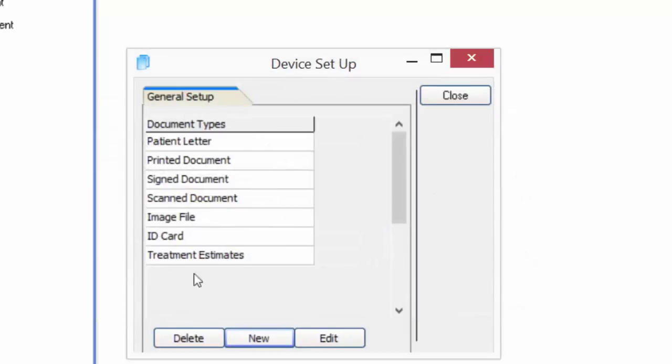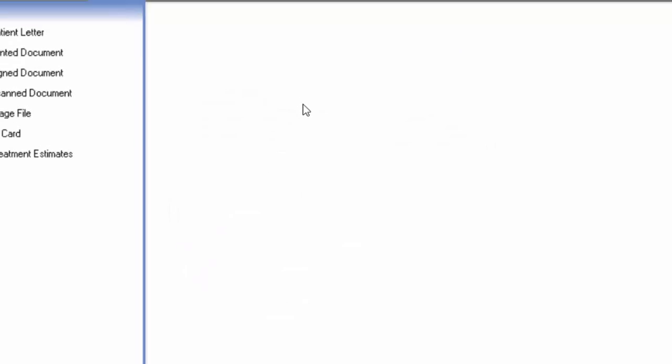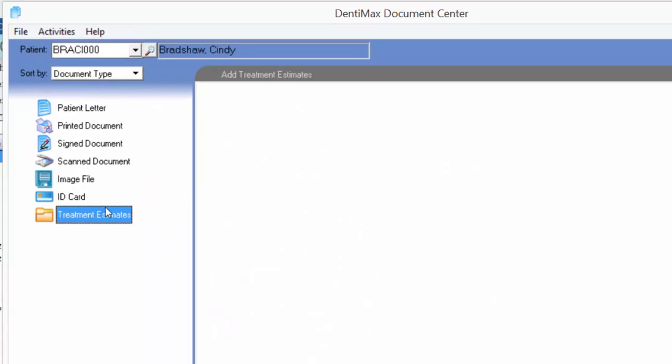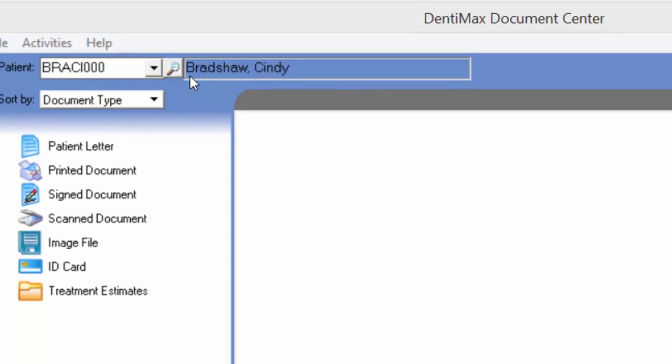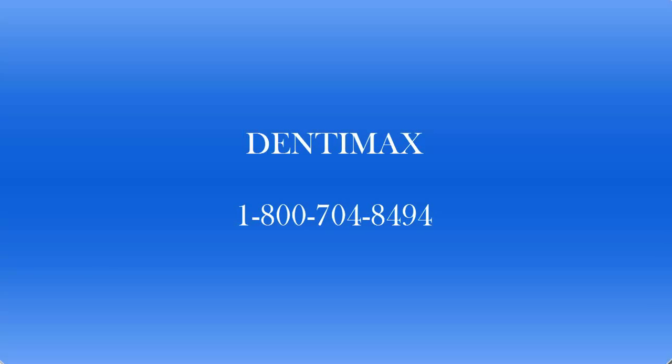Now I have a new category under Treatment Estimates, and I can close the screen and select that item. Click Add Treatment Estimates at the top, and I'm ready to go ahead and scan in a treatment plan estimate for our patient. Please keep in mind that you can create as many categories as you'd like, all with different functions. And if you have any further questions about how to create a new category within the Document Center,